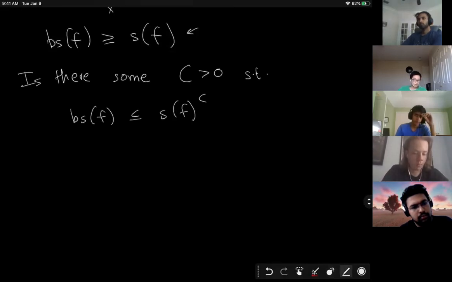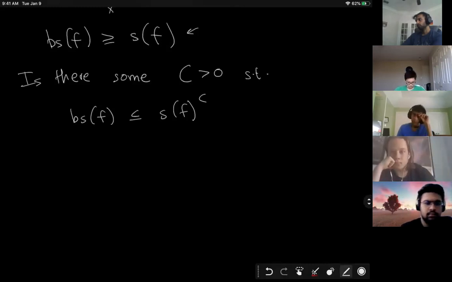So this c could be whatever. It could be 4,985, or it could be 0.1. But the point is you just want them to be polynomially related. And this is important because there's a lot of other senses of